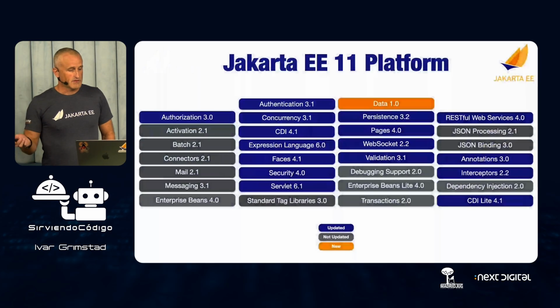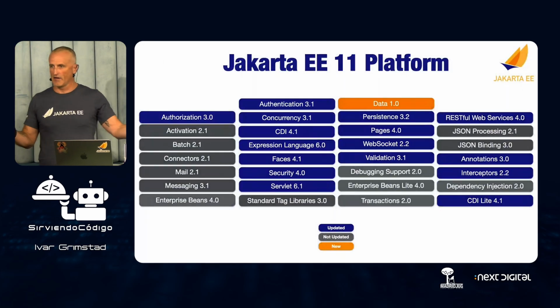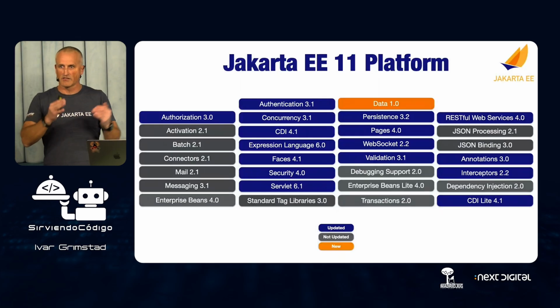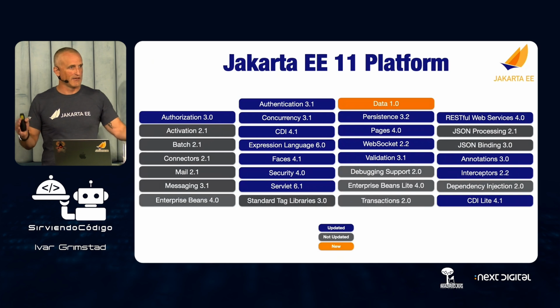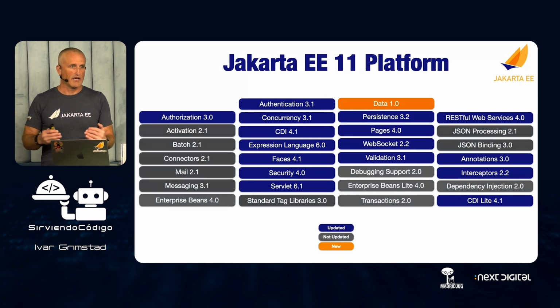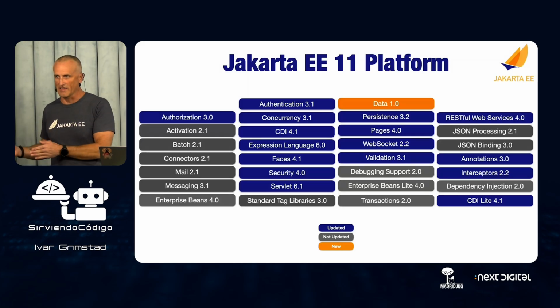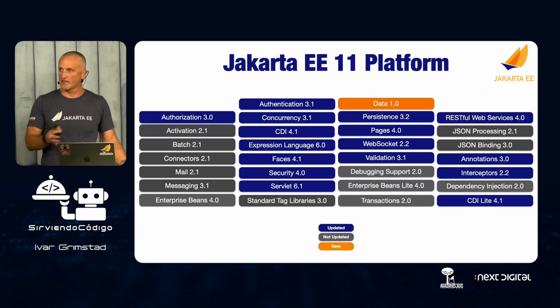So 11, this is the entire platform. This is what I'm talking about. This is the Jakarta EE 11 platform. That's the total set of specifications. It has a compatible implementation or many compatible implementations. And each of these specifications also has a compatible implementation. But this is the entire platform, and we're still waiting for that one to be released. And the reason for that is the TCK, the Technology Compatibility Kit for the platform, isn't done yet because we're refactoring it.